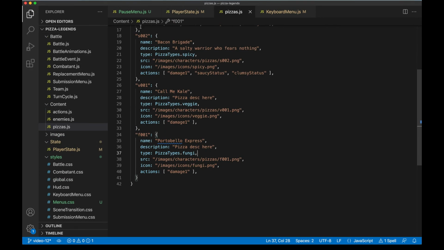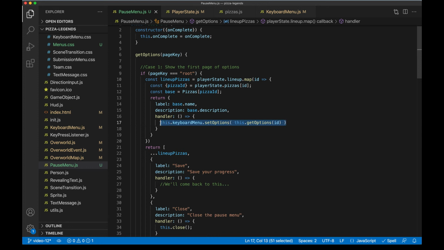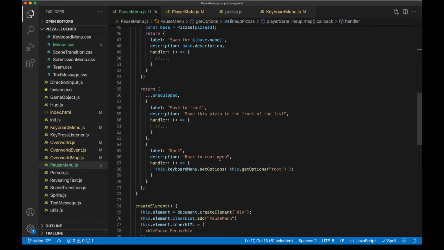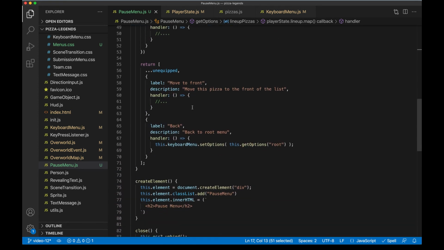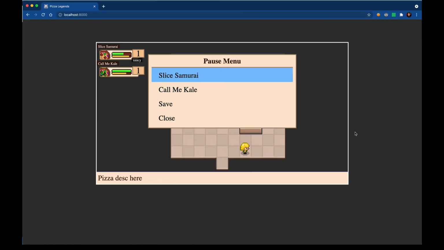So now when we run the game, what we're expecting to see is in the first page, we'll have a list of our equipped pizzas in that lineup. But then when we choose one of those, we'll see a different list of options that allows us to do things with that pizza, like move it or swap it for an unequipped one. So let's try this out. Now when I pause the game, I get my pizza options here, and they line up with the